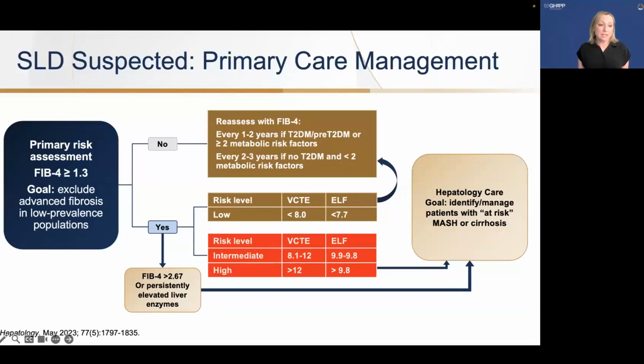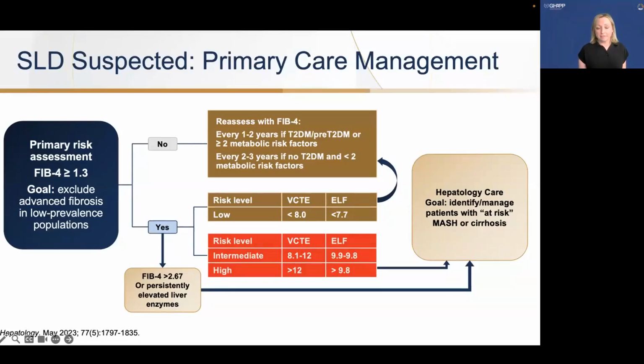And so when you have a patient that you have concern may have MASLD, or you have imaging that shows they have steatotic liver disease, you can use this FIB-4 calculator. And if they have a value of less than 1.3, they have very low risk of having significant liver fibrosis. And so with that, we would encourage a conversation around lifestyle changes, maybe weight loss approaches, making sure that the cardiometabolic risk factors are in better control. So if they are pre-diabetic, that there's education regarding that, or if they're overweight, there's education on weight loss,